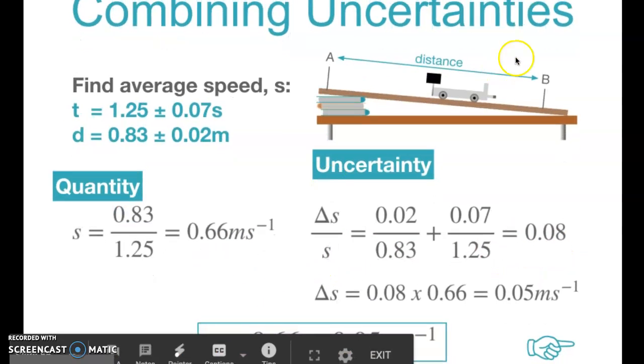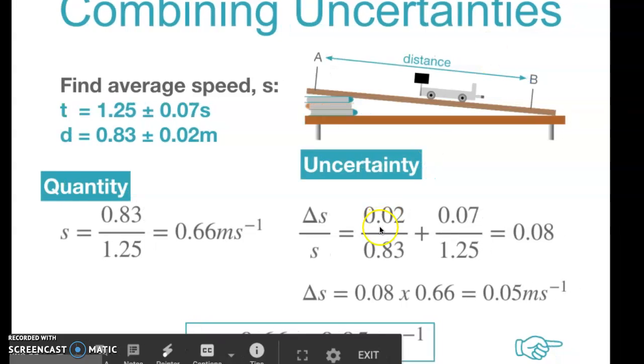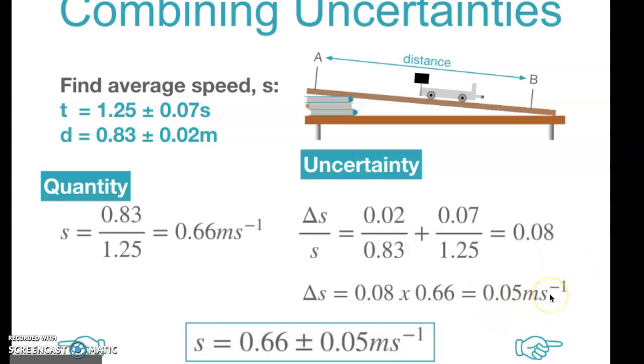And as you can see, delta S is equal to 0.08 times 0.66, 0.05 meters per second. So what we have now is 0.66, our value of speed, plus or minus 0.05